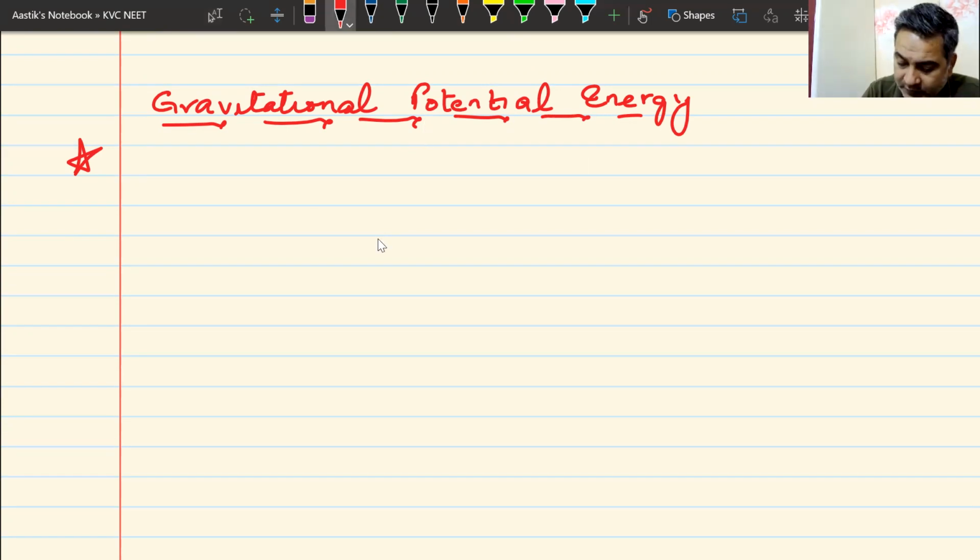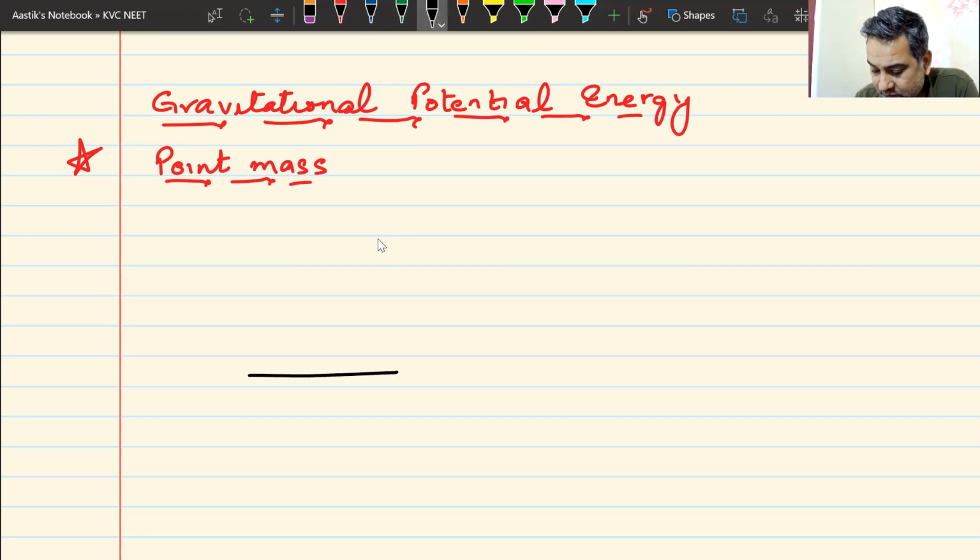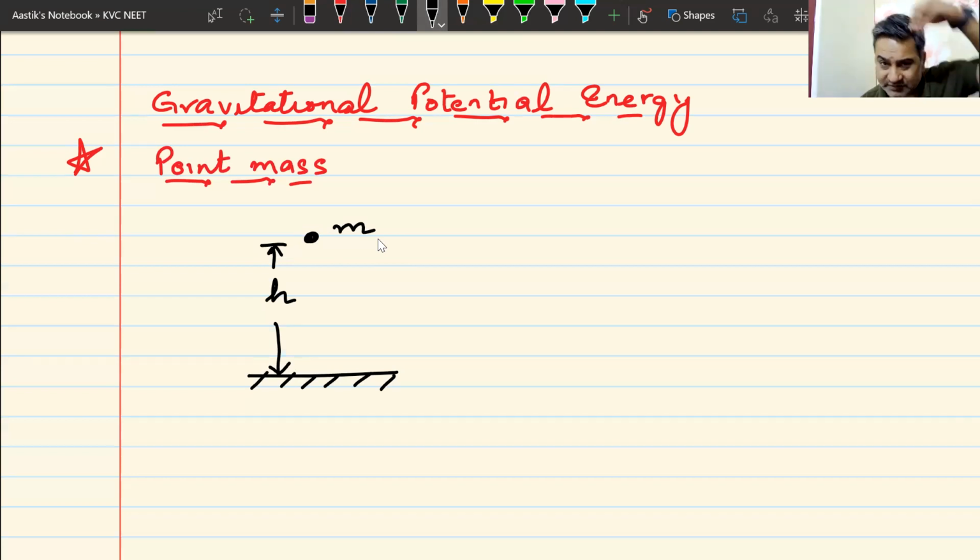Number one, if I have a point object, a point mass, we call it point mass. By point mass, we are taking those bodies as simple points. Could be a car, we're just taking them as points. Now, if I have a point mass, this is ground. Normally, in most cases you will only deal with point masses, but in some cases it may not be a point mass. If I have a point mass of mass m kept at a height h, just a point,